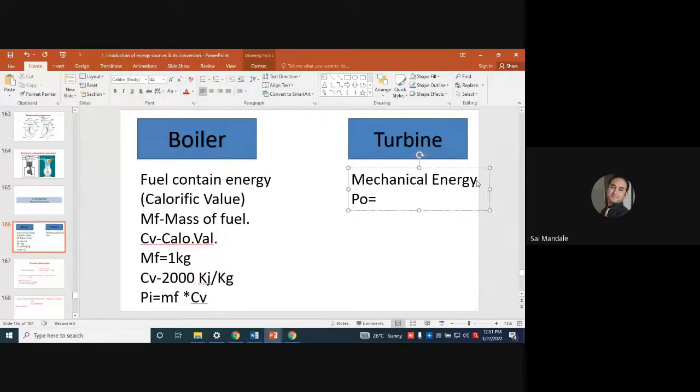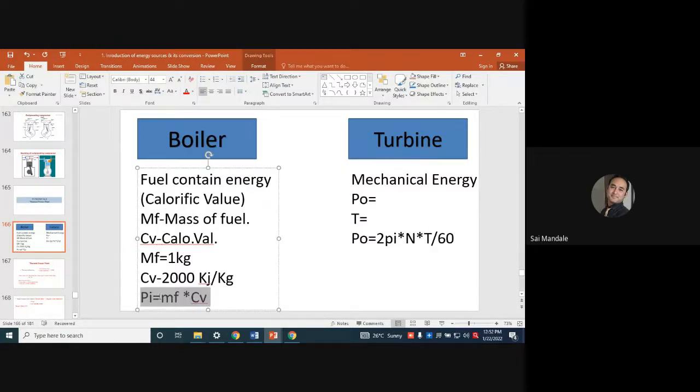पावर कैसे निकालते हैं? अगर मुझे उसका टॉर्क पता है, if I know the torque, so in that case I can easily identify the value for P0, that is P0 is equals to 2 pi N T upon 60. Sometimes turbine power is mostly given, P output is mostly given to us, and boiler energy